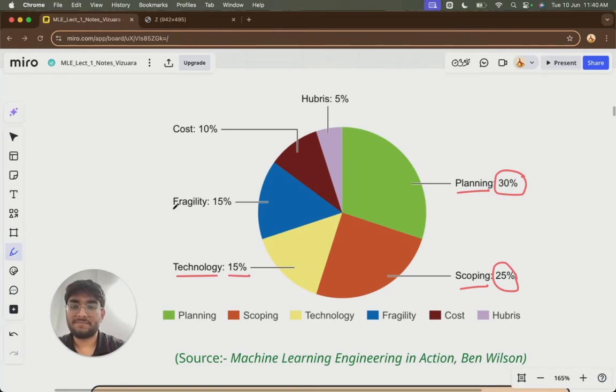Next is fragility. That accounts for 15% of the failure of projects. Fragility. What do we mean by fragility? Fragility means where your code doesn't run properly for a few of the test cases. You try to take all the test cases into consideration, but at some point you fail to think at the overall level, and then if that test case arrives, your project might fail. Imagine nowadays we have different number plates. Earlier, in 2010, we used to have different number plates, and now the government has said that we have to change the number plates accordingly.